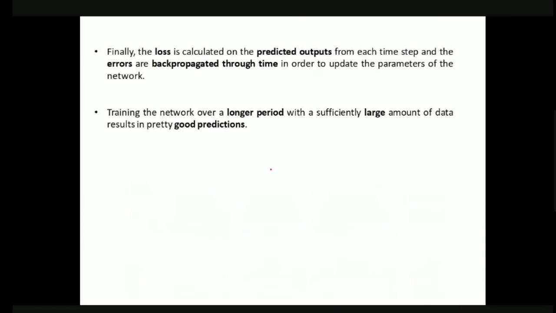Obviously after training we will have a loss, right? The loss is calculated based on the predicted output at each time step, and the error is backpropagated through time. In RNN we always refer to backpropagation as backpropagation through time.